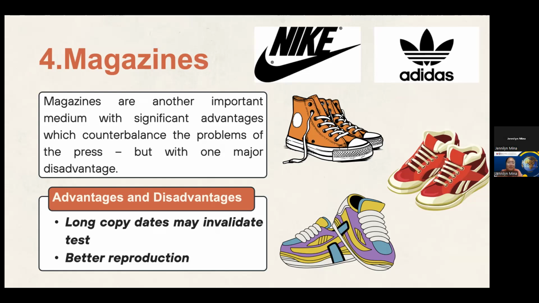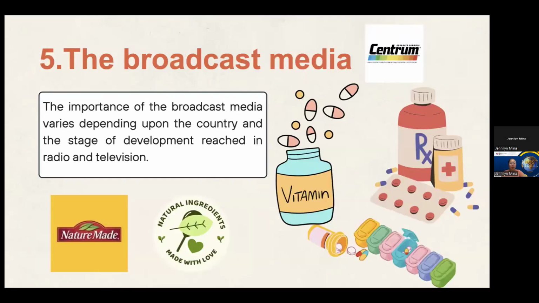Target audiences. Brands can choose specific magazines that align with their target market, such as fashion magazines for lifestyle shoes or fitness magazines for athletic footwear. And there are long lead times. One significant drawback is the long lead time required to place an ad. Brands must plan weeks in advance, which can be problematic if the market changes or if the product becomes outdated before the advertisement runs.